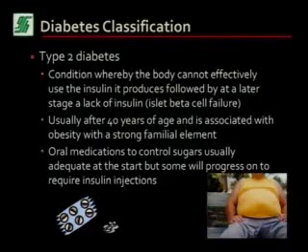So type 2 diabetes is by far the majority of cases of patients with diabetes that we see in the adult population. Up to 90% of patients with diabetes actually have type 2 diabetes, especially in the adult population. Even in Singapore and in the United States, it's the same, 90%. So what is this condition, type 2 diabetes? It's a condition whereby the body cannot effectively use the insulin it produces.